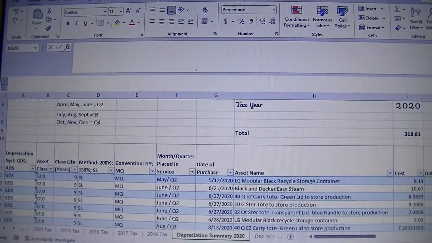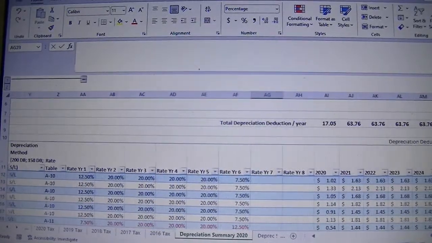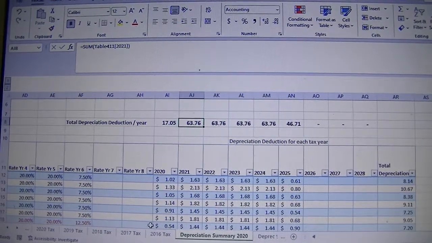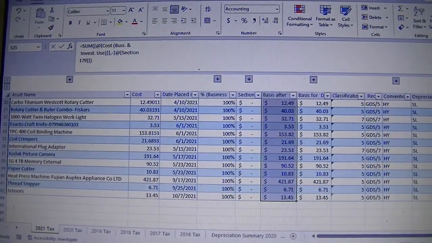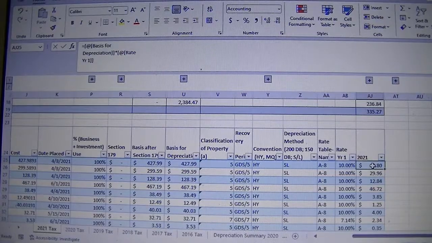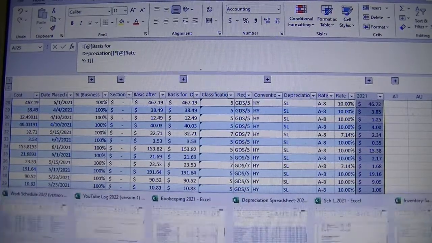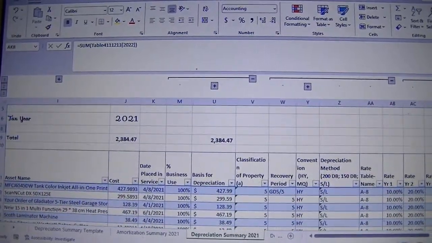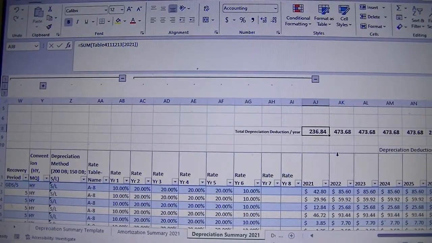But then you have 2020 assets that you will claim $63.76 for, and then you have 2021 assets that you will claim 236.84 for. So if we go back to the other spreadsheet,